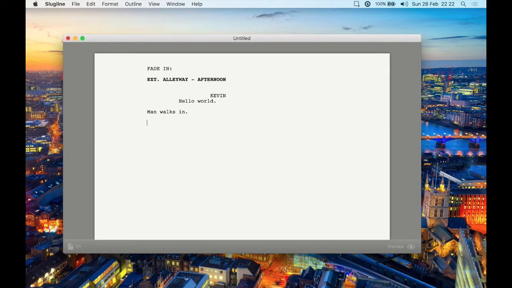So for instance, if we type cut to, well, I didn't actually even type a couple letters, I just put a capital C, and immediately it realized that this is probably going to be a cut to. Now if it isn't, I can carry on typing and change it to something else, but if I meant cut to, I can just hit enter, and it saves so much time,